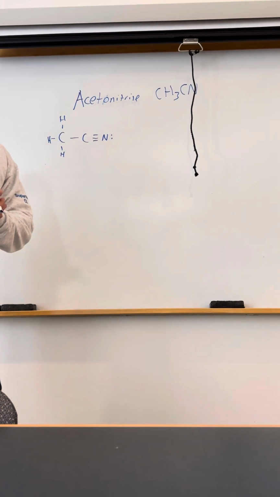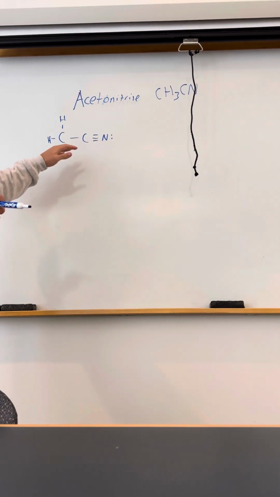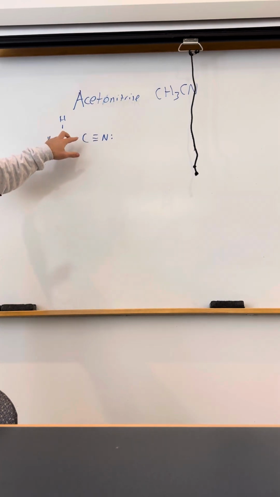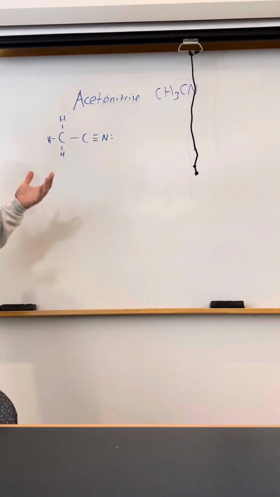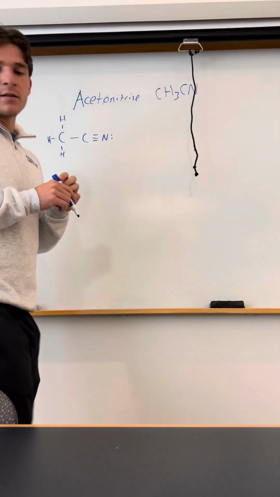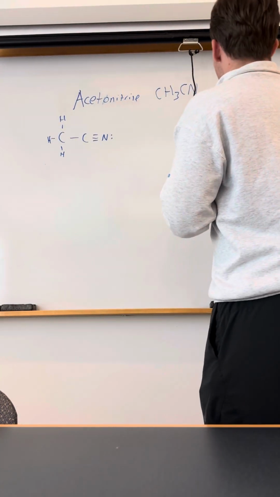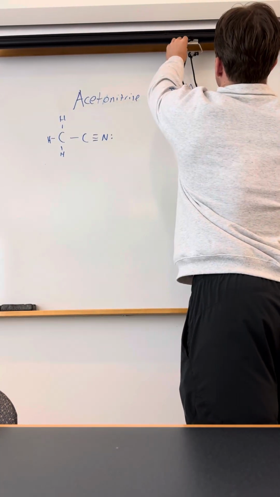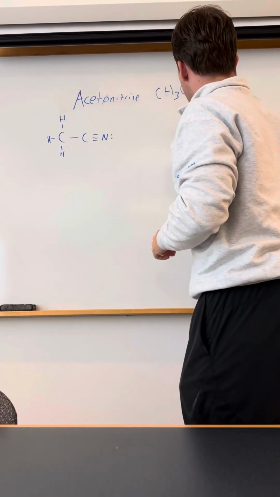So to draw this and show the atomic orbitals, I'll break down the structure. I'll show the bond between the carbon and the carbon, and I'll also show the bond between the carbon and the nitrogen. I'll split it up so it's a little bit more clear. So with the carbon, we know it's going to be like this. So we'll go